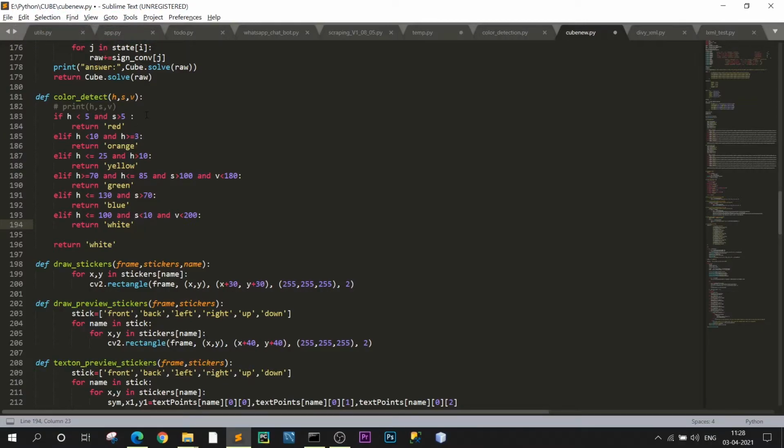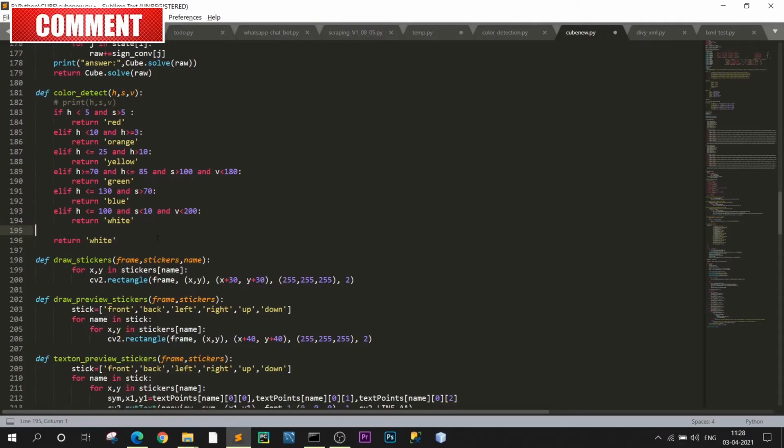You can go to the description, check out my video on color detection using a separate script, and the link is in the description. So here I have defined each and every unique value for fetching these 6 colors, and if the color is not detected, then by default it will be white.